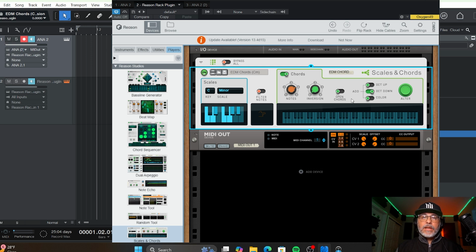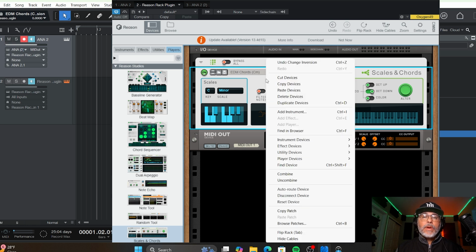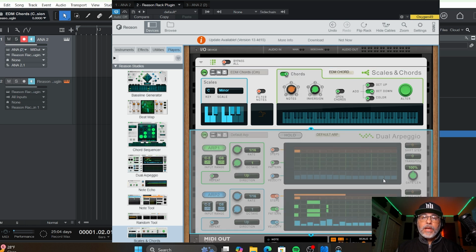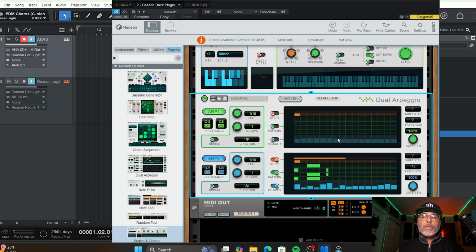So we got that now. That's feeding into our Anna 2 synth. Now what we're going to do is add the dual arpeggio from Reason as well. So if you go over to Scales and Chords here, right click on that, you're going to go down to Player Devices, Dual Arpeggio, and that's going to open up the dual arpeggio. And when we press a button on our MIDI controller now,